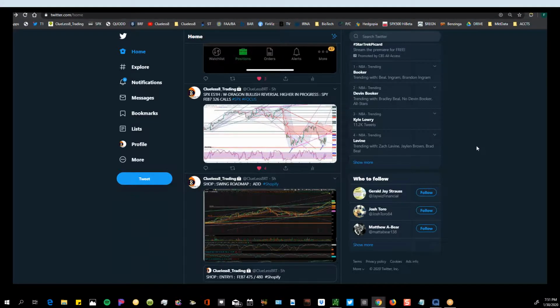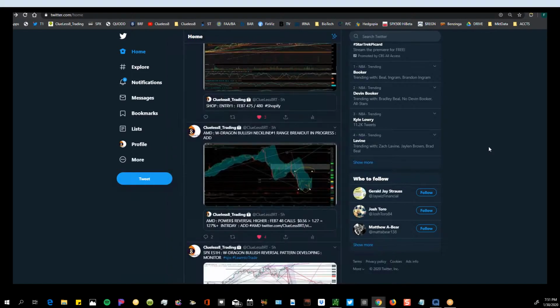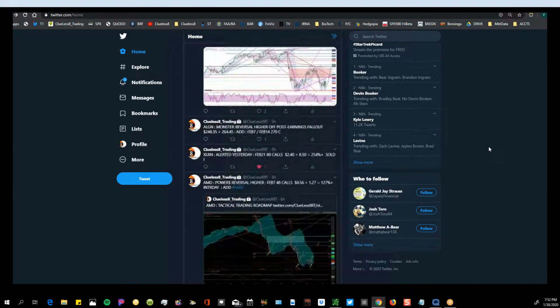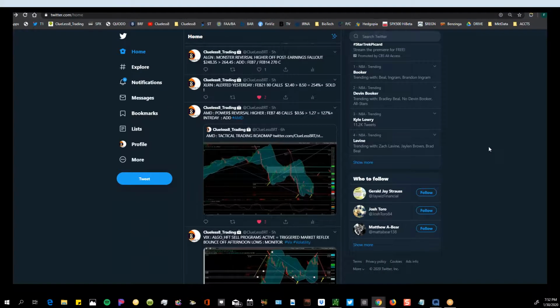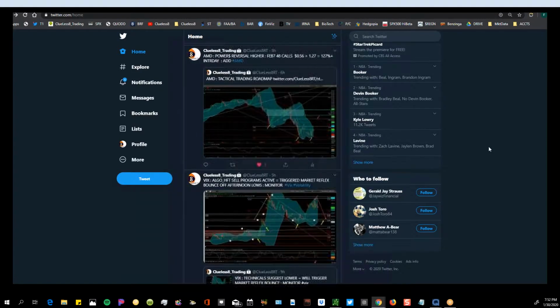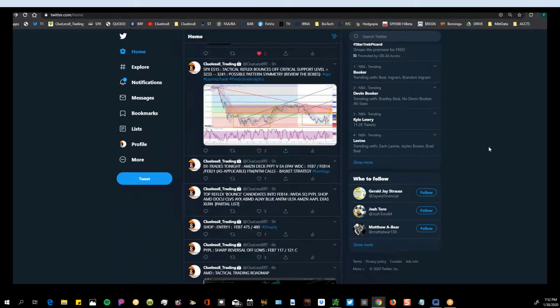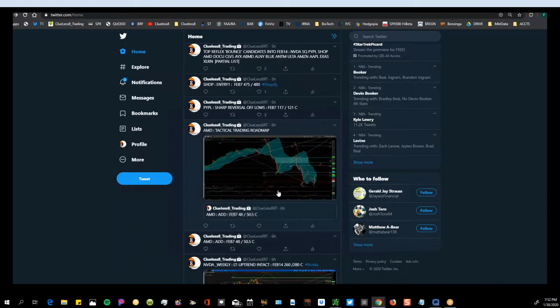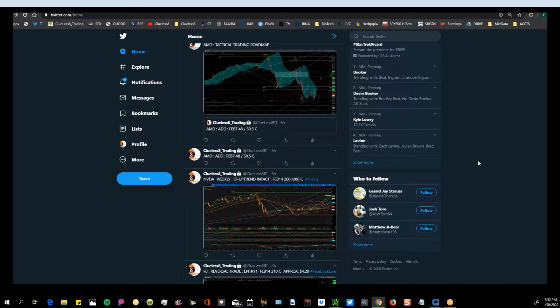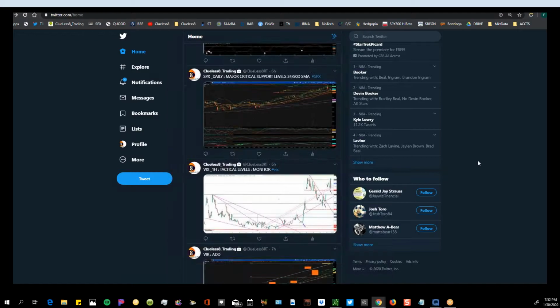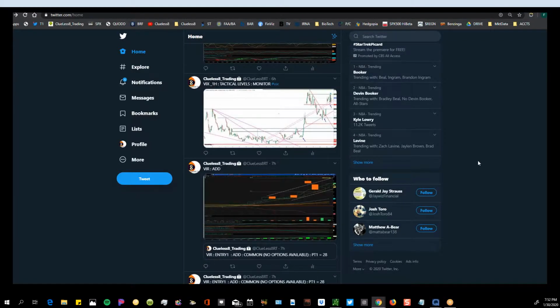So one of the key features of Crudestate Trading is almost every single alert at one point or another, especially the original alerts, come with a chart in front of you. So you have a roadmap directly in front of you as to what that stock might do, where I'm buying it, and we're going to go through that in a minute. So you have a visual idea. So I don't have to handhold somebody and say, "Hey, buy it at $2, buy it at $10, sell it at 15." I'm already showing that directly on the visual chart